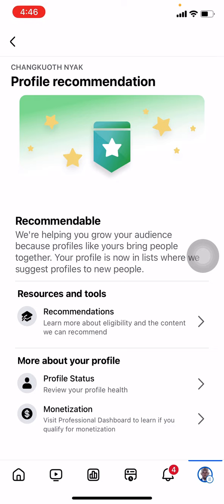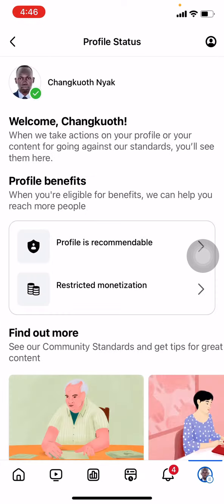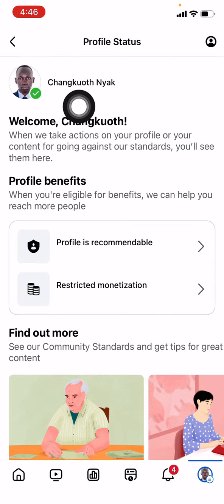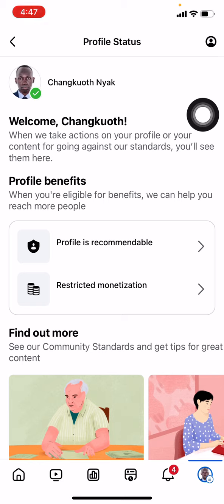And again, you need to check the profile status like this. So if your page do not have this green button there, this one here, just know that your page is not healthy. So you need to fix this by deleting some of the video that violate the Facebook